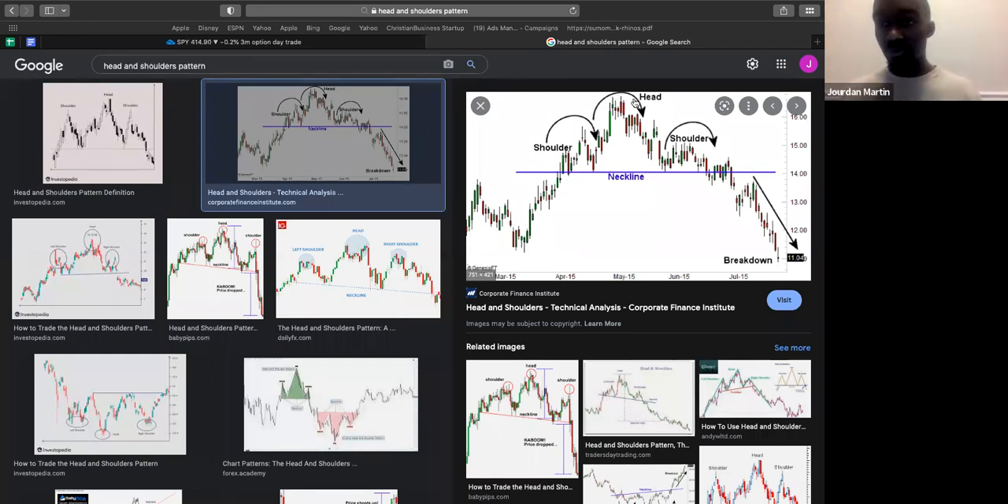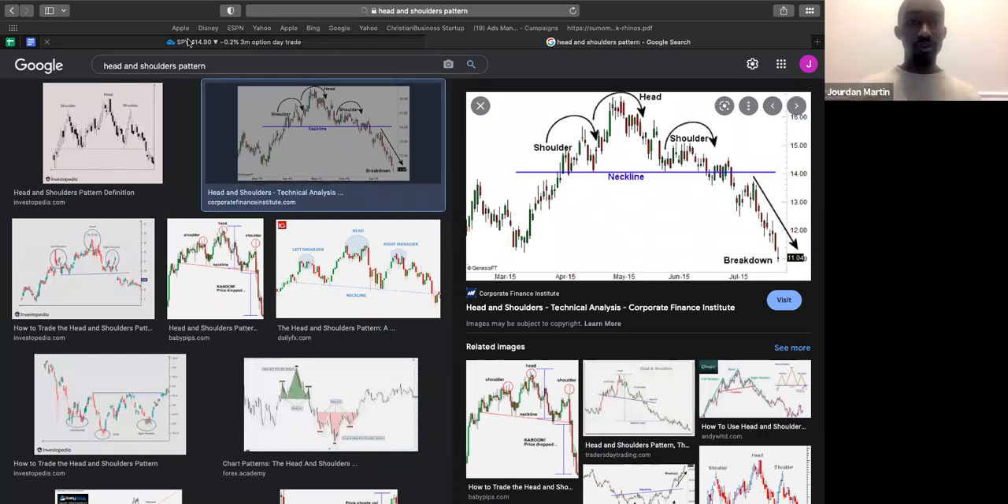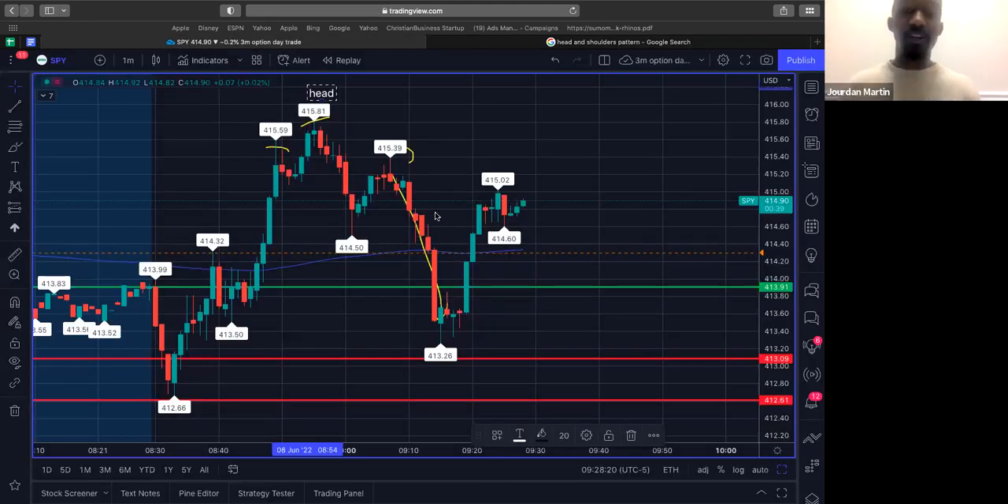Breaks through, and then we come back again and we form another resistance. Same resistance, and that time it holds and you get the breakdown. So that's the head and shoulders. That's what you see on SPY right here. And that's why if I was looking at SPY, then I would have got in, because I saw that form,